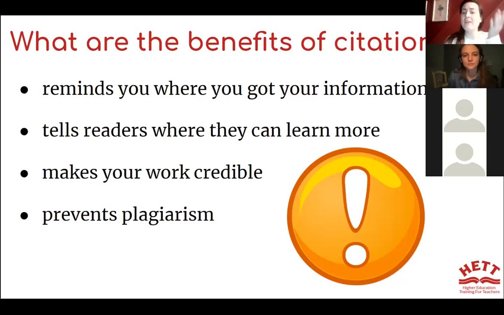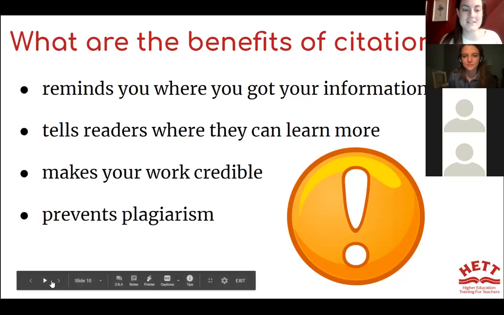Maybe they found that piece of information very interesting and want to learn more, so now they know where to look. And it makes your work credible. People can tell you didn't just make it up or write it down because you had an opinion. It is actually based on something. And it helps prevent plagiarism, as mentioned. It's kind of proof that you have not plagiarized.